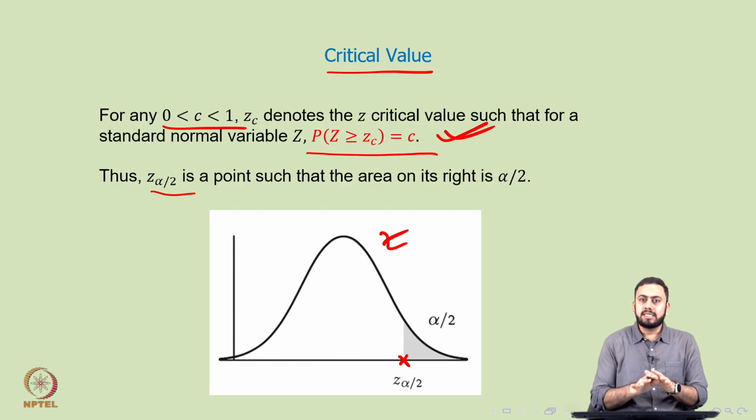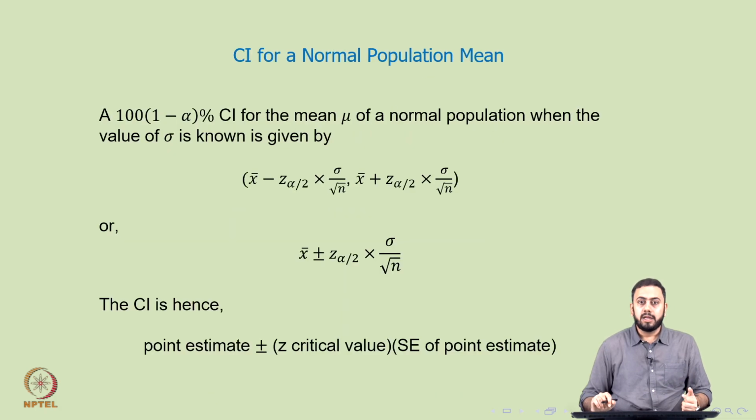Okay. So, this is just a definition and you should sort of memorize it: what do you mean by a critical value? If you start with a constant C in 0 to 1, then what do you mean by that? This is nothing but the meaning of a critical value. Once you know the definition of a critical value, we can very quickly formulate some standard